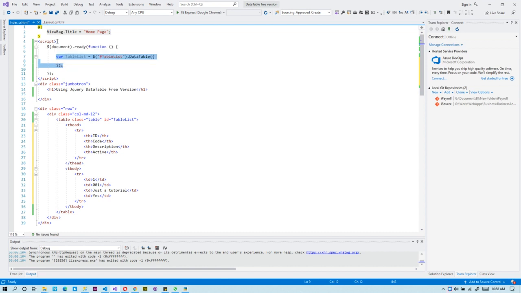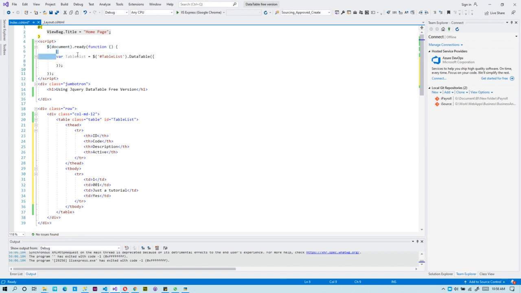So first create a JavaScript block, and then inside it you call the document.ready function, and inside it